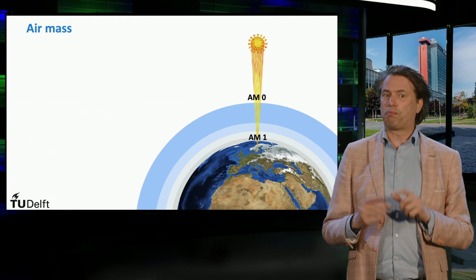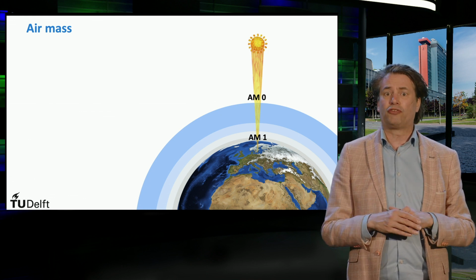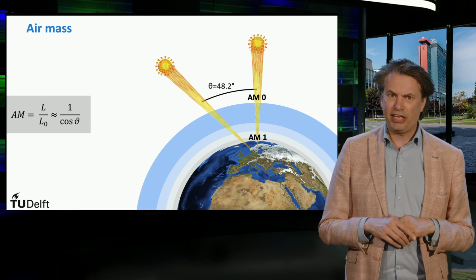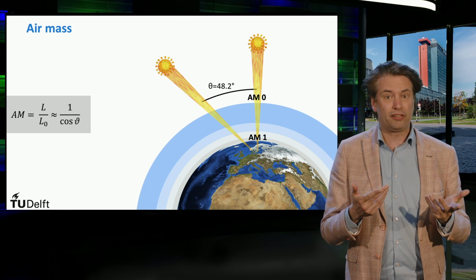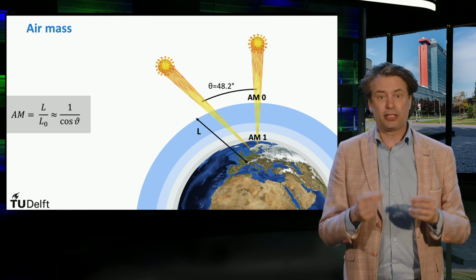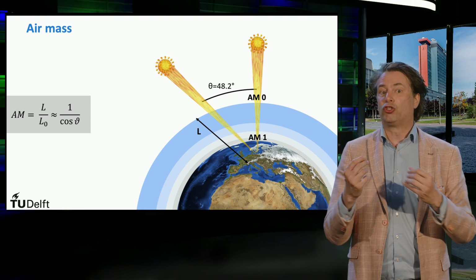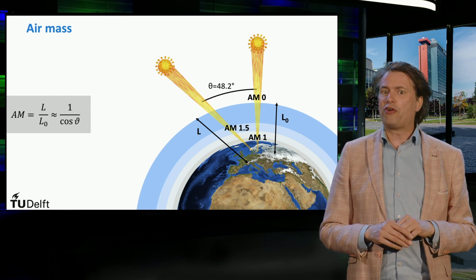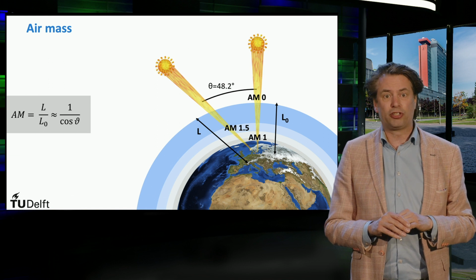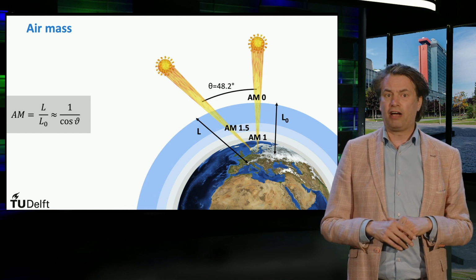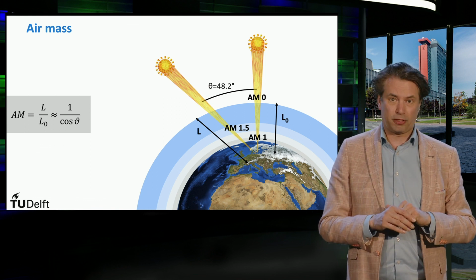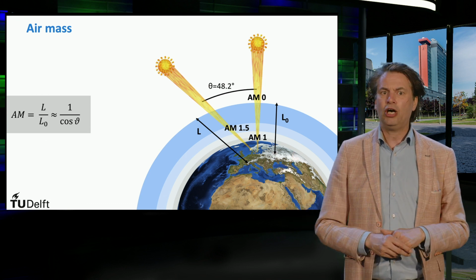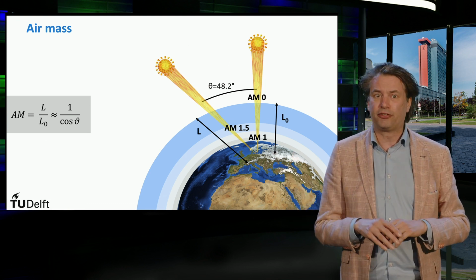However, not always the sun is perpendicular to the location, and thus the light has to travel through the atmosphere for a longer path. So the air mass is given by the ratio of the actual path length of the sunlight through the atmosphere L divided by its minimal distance, which is obtained when the sun is perpendicular to the location, L0. The air mass can also be expressed as 1 over the cosine of angle theta between the sun and the zenith. Here the air mass 1.5 is depicted, also called the standard reference spectrum, since it's used to characterize cells at lab and industrial level. It is obtained when the sun has an angle of about 48 degrees with the zenith.